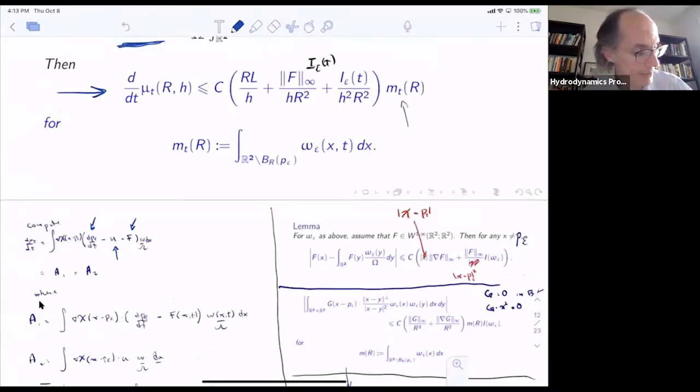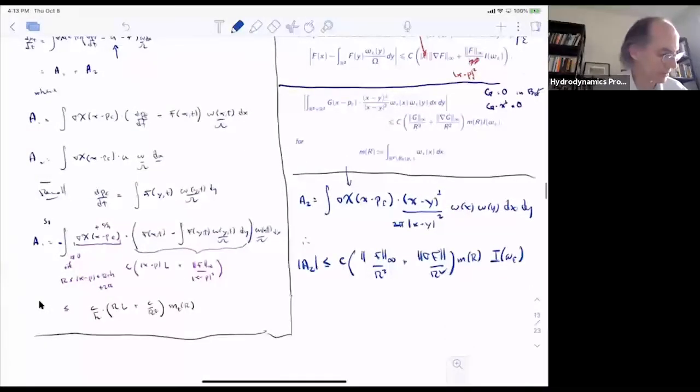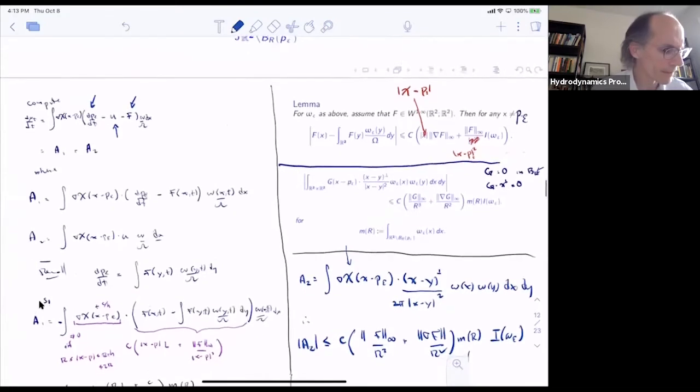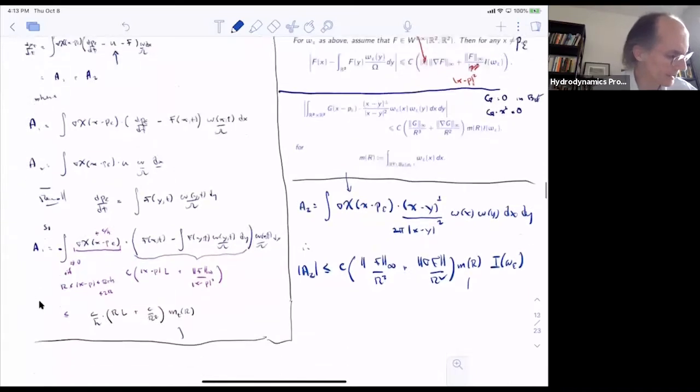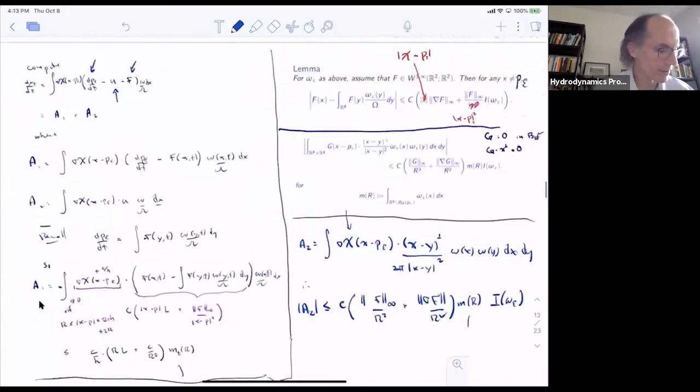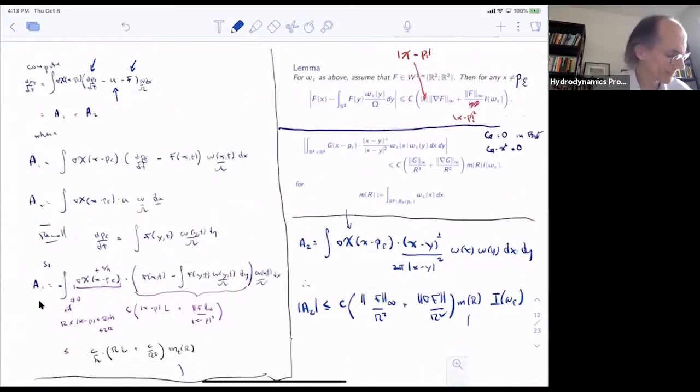There's a factor of M sub T of R multiplying everything. That's here and there. We can see that. And then, right, and there's also a, right, there was an I of